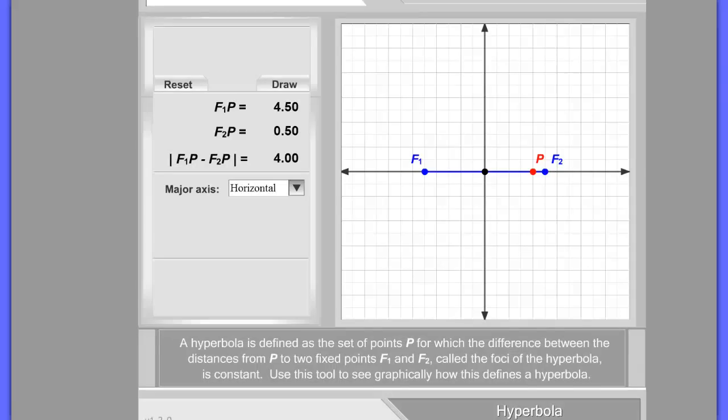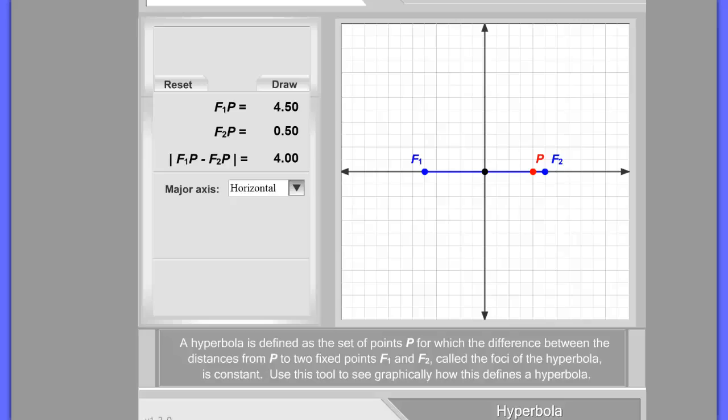Okay, so one last thing before we actually start graphing hyperbolas on our own. I wanted to show you this online app here that I think does a really great job of demonstrating exactly how the points on the hyperbola are formed. I don't think you can actually see my mouse this time. For some reason this web page does not let you see my mouse, but I'm hovering over here